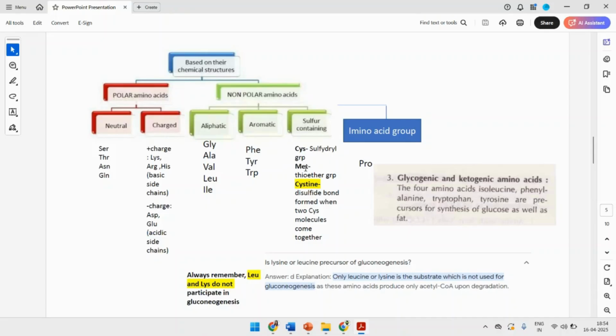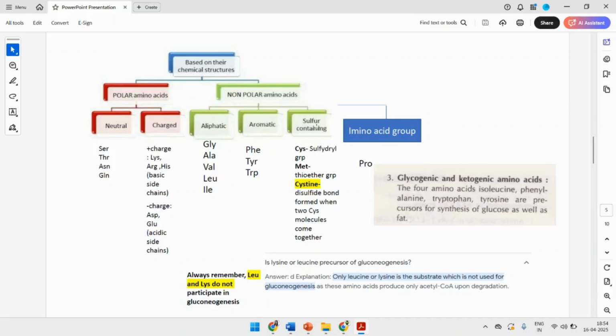Methionine is also a sulfur containing amino acid and it contains a thioether group. And then you have your cystine. A lot of questions come from here that what exactly is cystine? Basically, when a disulfide bond is formed between two cysteine molecules,